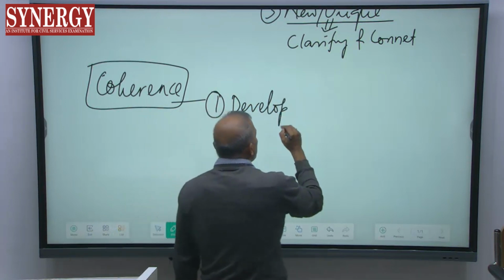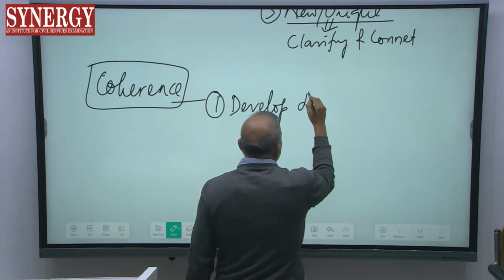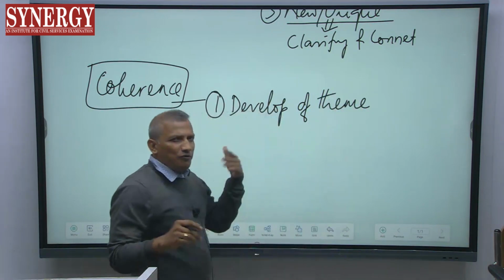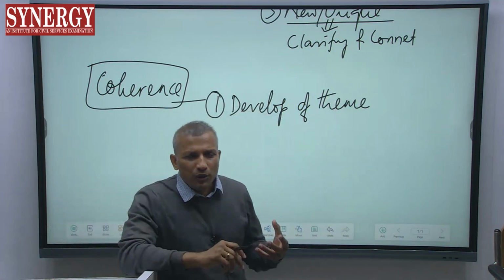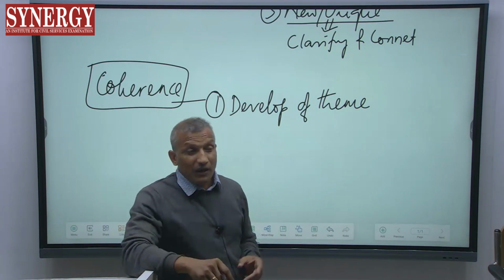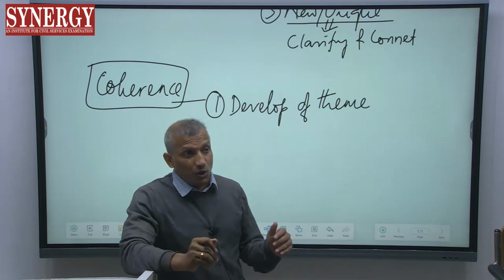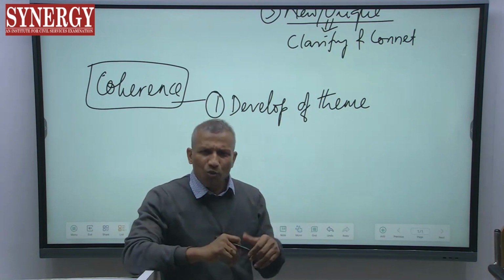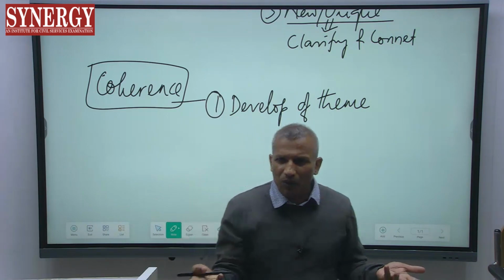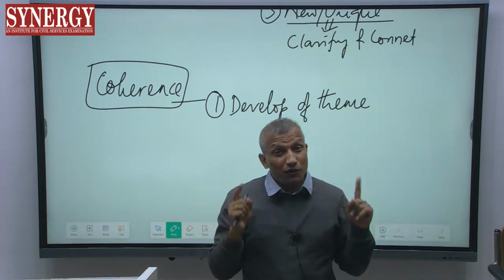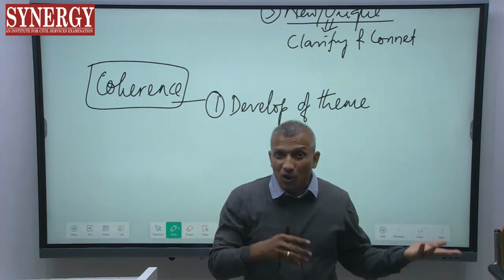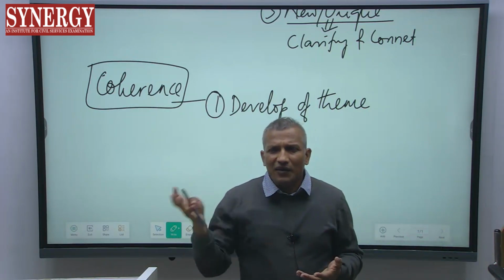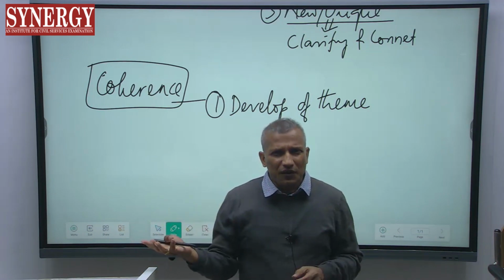Whenever you take up a question, try to develop the theme of the question. What is the theme? What is the essence of this question? What exactly is the ultimate thing this question is asking? Whatever, you might be wrong, you might be right, whatever that might be. First of all, you develop it. Why am I saying you might be right or wrong? Because you may not understand the question. And in that case, addressing the question in a jumbled way is much more dangerous.